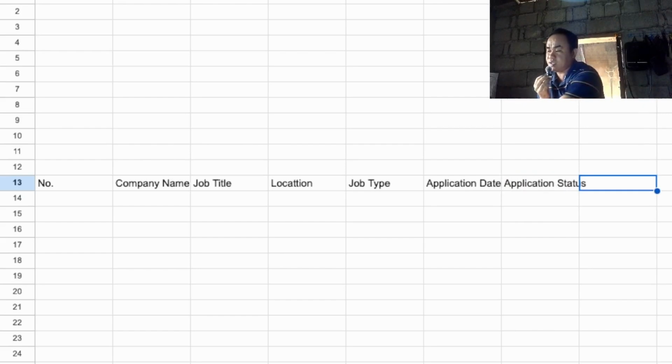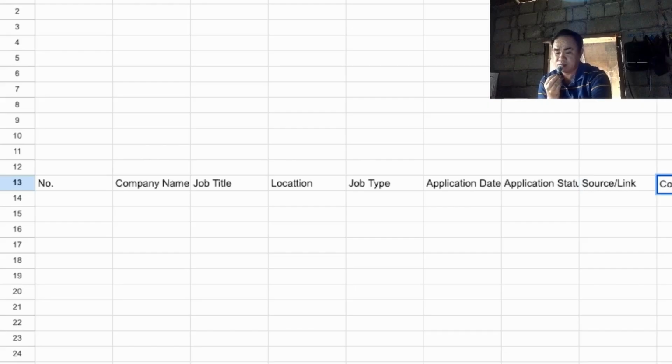Next one is our source, where we found that application posting or job posting, or link. Next one is who is your contact person there.